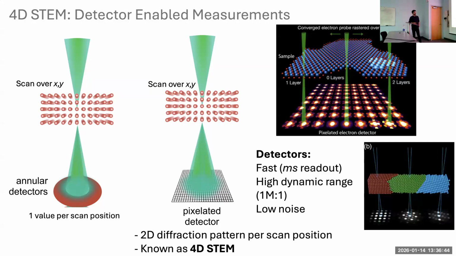And this has been growing as a technique. It's available on both microscopes here at UBC. You can perform these sorts of measurements. This is one example of how it can be used to determine grain orientations or crystalline structures. And it's known as 4D STEM. So 4D, four-dimensional